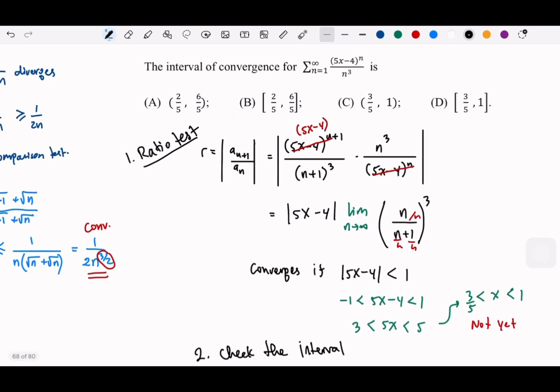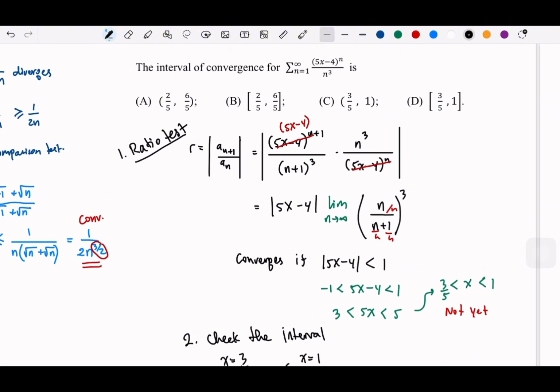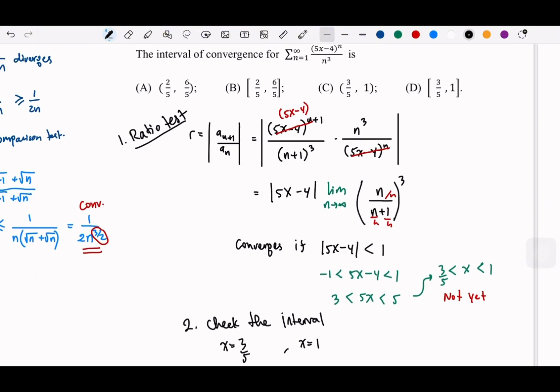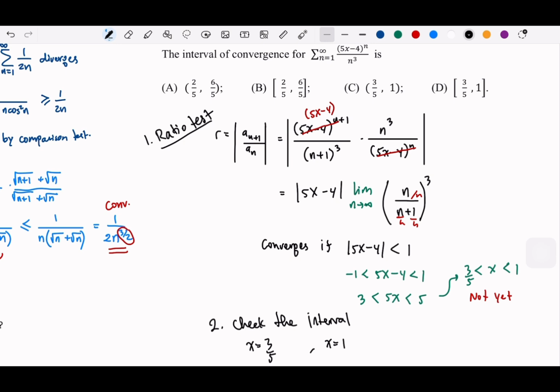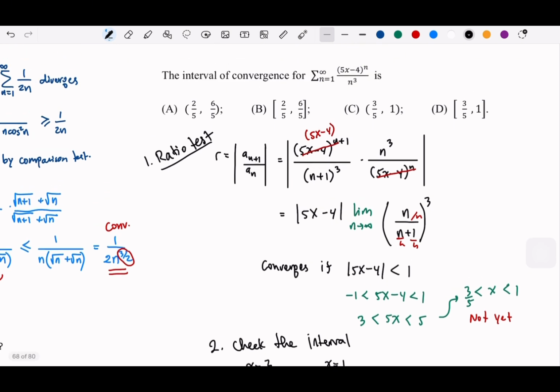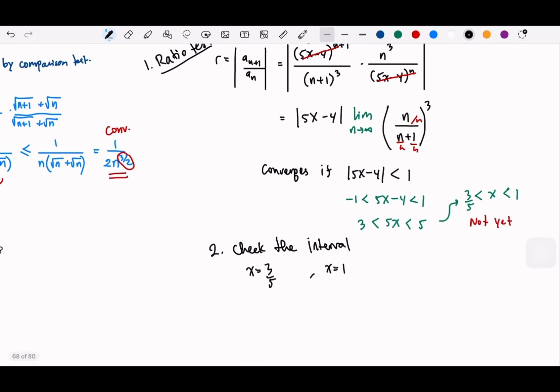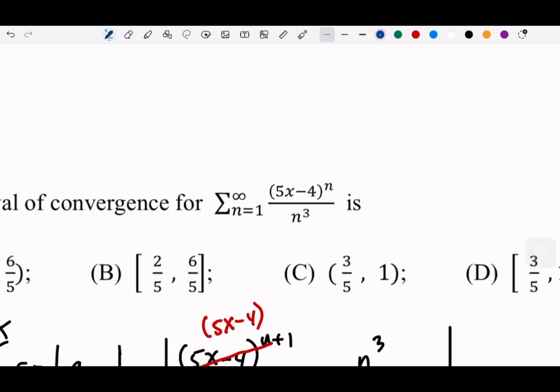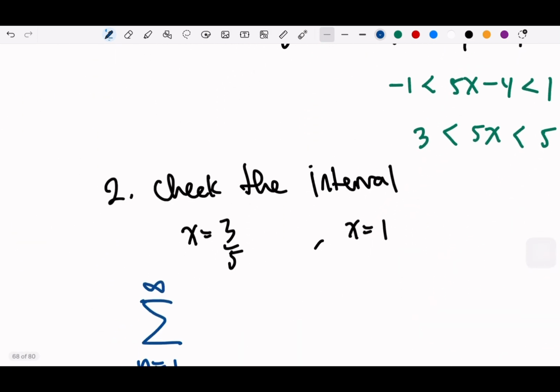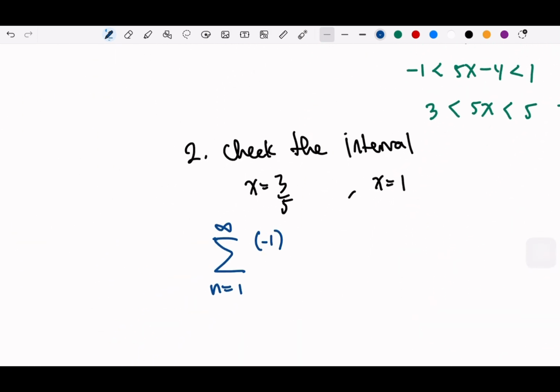Basically just put it into your series. So when x is 3 over 5, the series becomes, if we put 3 over 5 here, it will be 3 minus 4, which is -1, right? So we have -1 with power of n